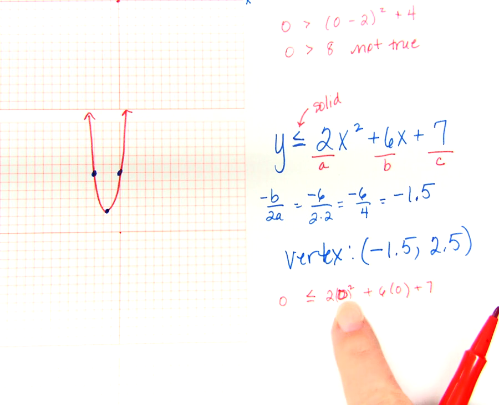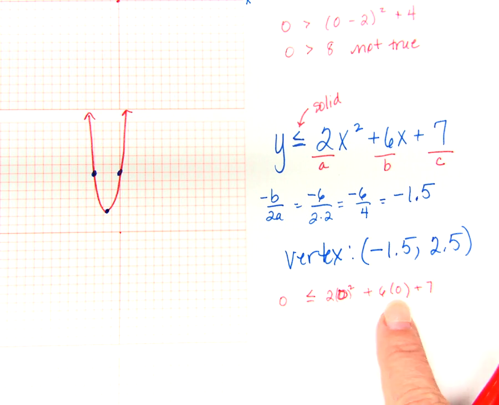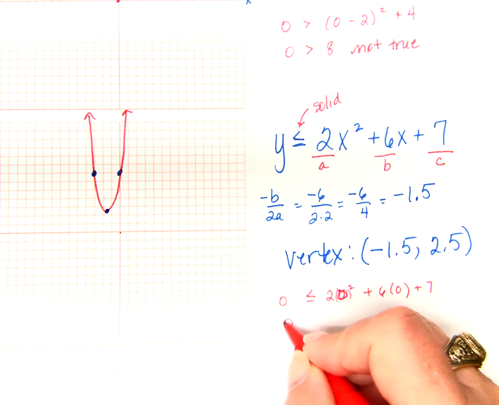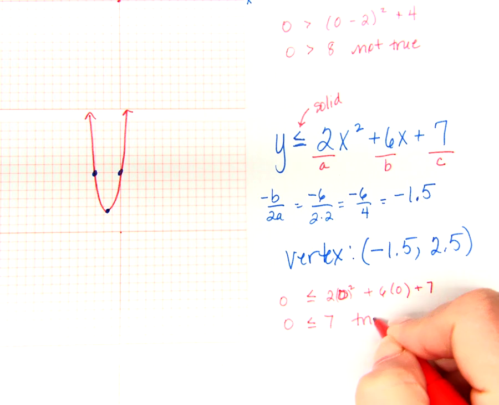What's 0 squared? Times 2? What's 6 times 0? 0. So I have 0 plus 0 plus 7. So 0 is less than or equal to 7. Is that true or not true? That is true. So where should I be shading? Outside, because I need to be shading